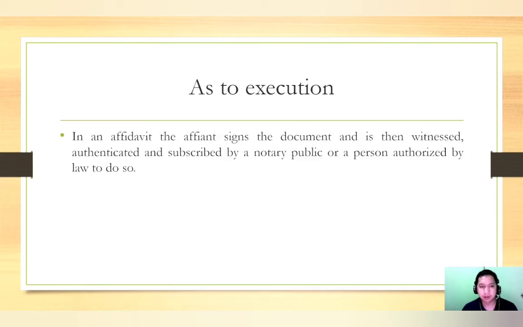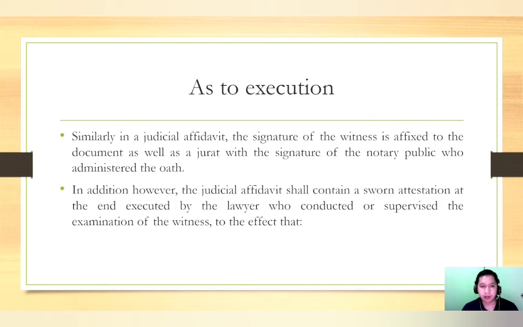As to execution, in an affidavit, the affiant signs the document and is then witnessed, authenticated, and subscribed by a notary public or a person authorized by law to do so. However, in a judicial affidavit,